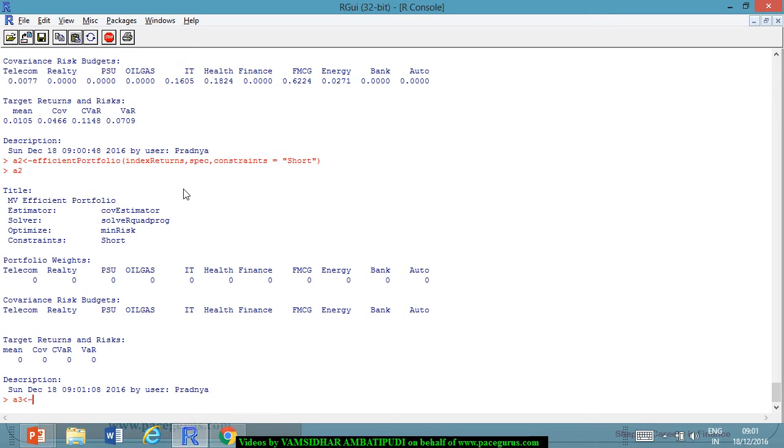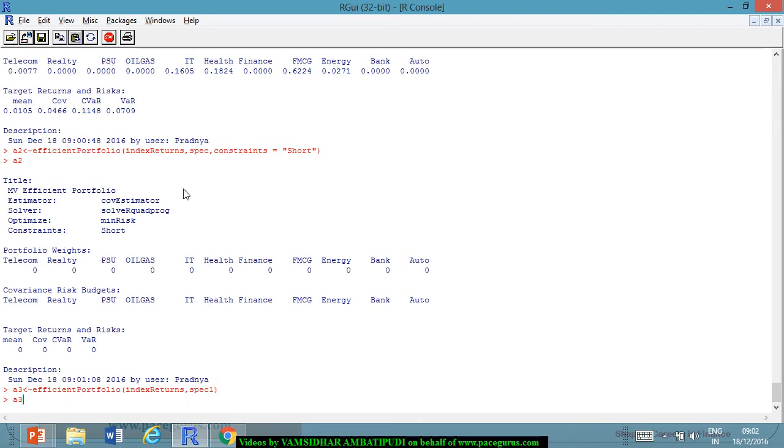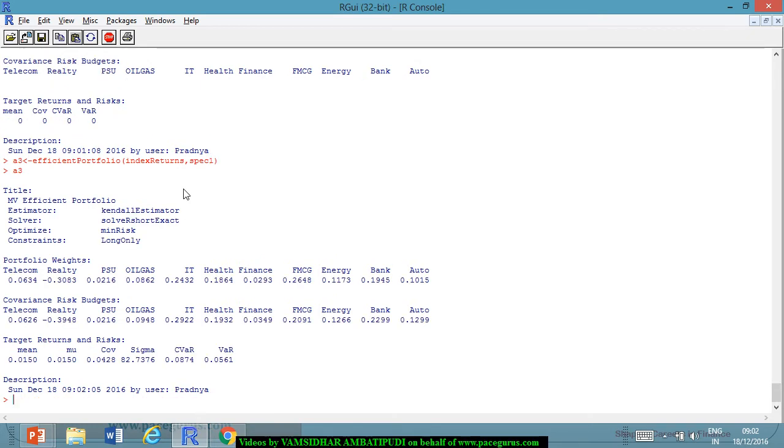But when we look at the solver to be short exact, that is what I have initially used as A3, where I'll use spec 1. Let me see efficient portfolio, where I'm looking at index returns and spec 1, and let me say I don't set any kind of constraints. Now when I go with A3, this is where I'm going to get the shorting as well. So when I use the solver as short exact, and where I have used the Kendall estimator,